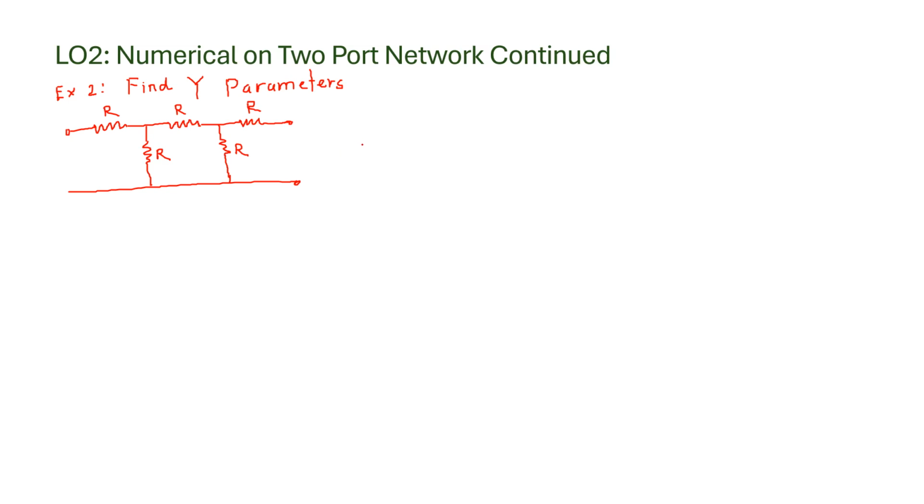Now what I will do, I can write a set of KVL or KCL equations and I can manipulate and find the Y parameters. But I will use a different approach over here. Now I will try to convert this circuit to this circuit which we can consider as a basic building block for Y parameters. Okay, suppose this is Y1 ohm. Now I'm talking about in terms of mho units. Suppose this resistor is Y1 mho, this is Y2 mho, this is Y3 mho,